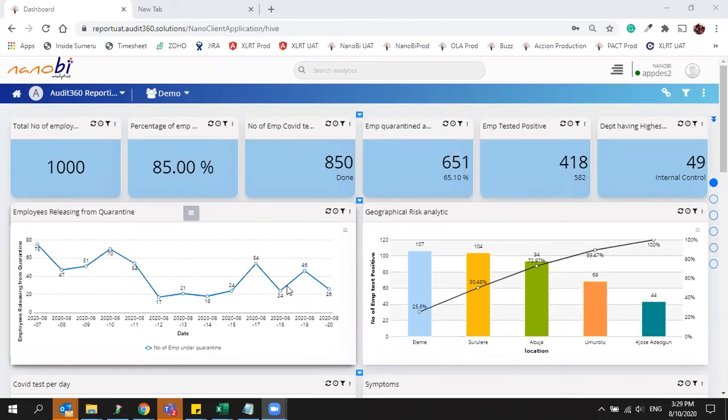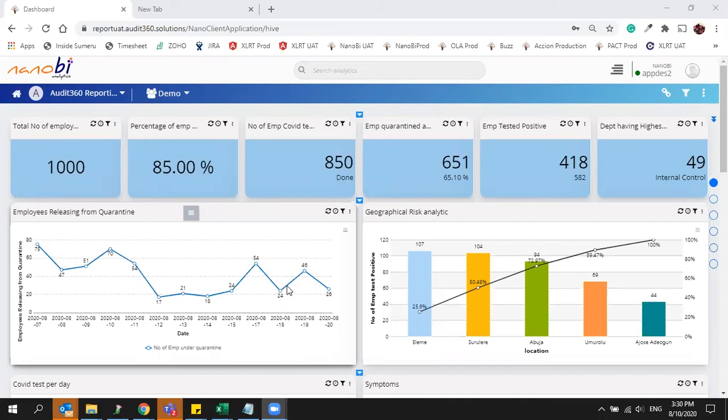It's a large organization with 1,000 employees, and this is a dummy view which we have created. We can't show the actual client information to you, so the client information and the actual percentages are hidden. So we're just using the view of that dashboard. They in fact have about 3,000-4,000 employees.